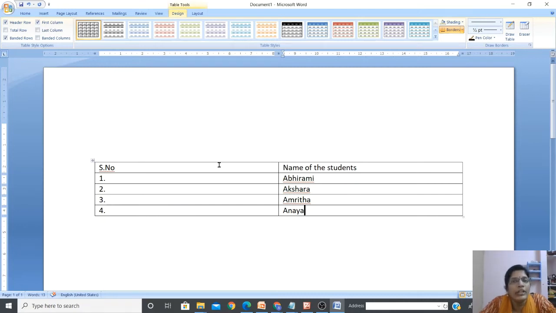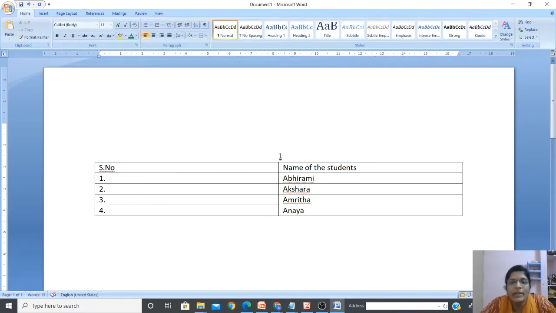If you want to reduce that gap, keep the cursor on the column line. See, my cursor is an I symbol. When I keep it on the table, it becomes an arrow symbol. Do you see now? Both sides, 2 arrows are here. Minutely keep it on the column line, then click and drag it.